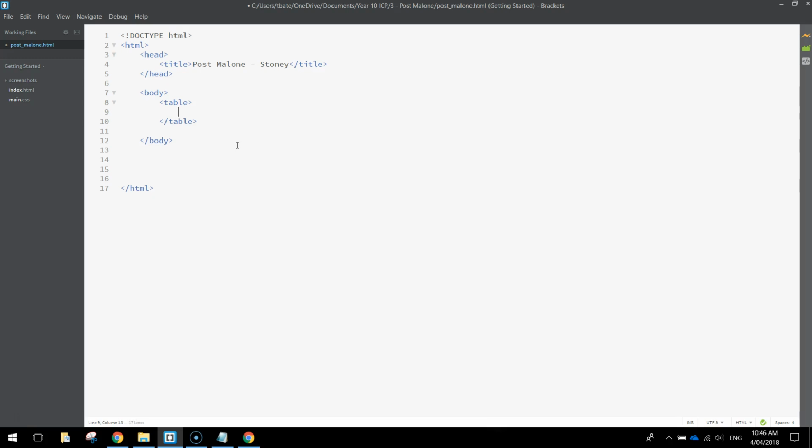Once we've got the table tags written, the first thing we're going to add to our table is a new row. So we're just going to write TR. TR stands for table row. When you put a TR in, it creates one row for the table. And what I want you to put inside of that table row